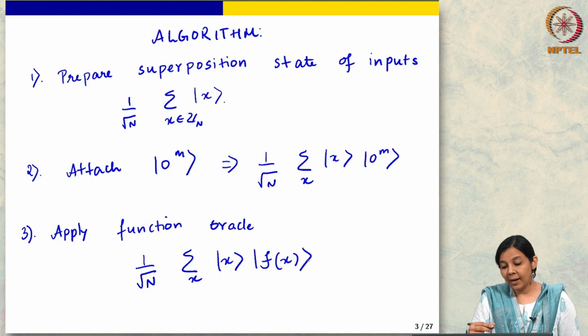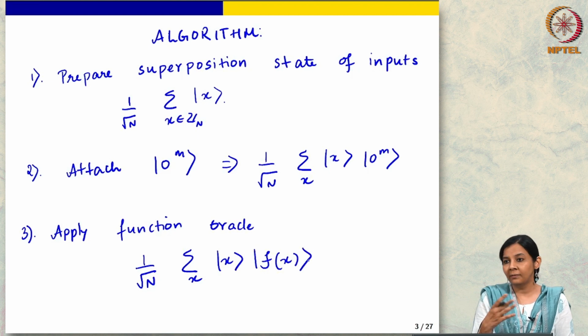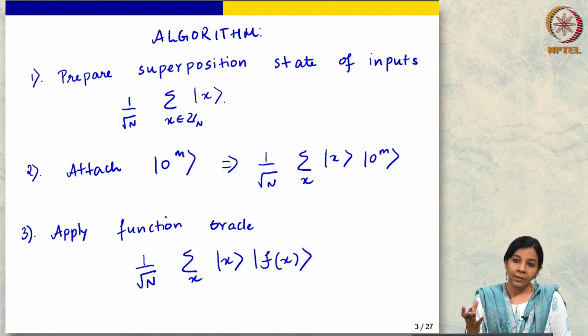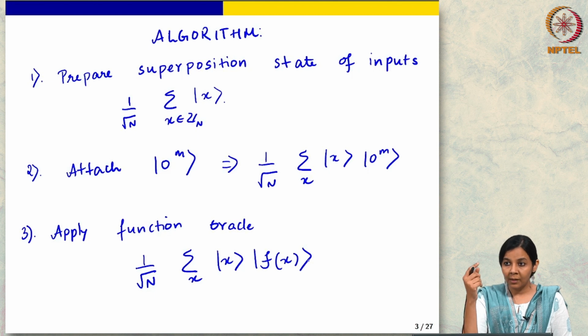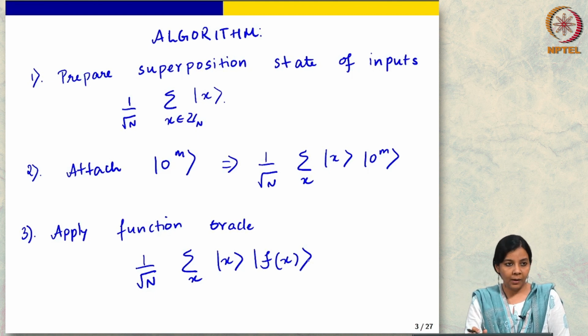So far we kind of discussed even yesterday that these are the standard steps. Normally when we apply the function oracle, we could apply it in two different ways, either this way or using the phase kickback, where the value of f of x is encoded in the exponent of -1. Here, this is going to be what will be useful for us.